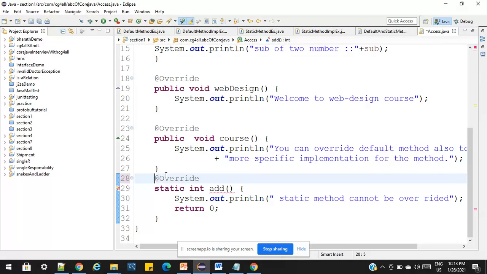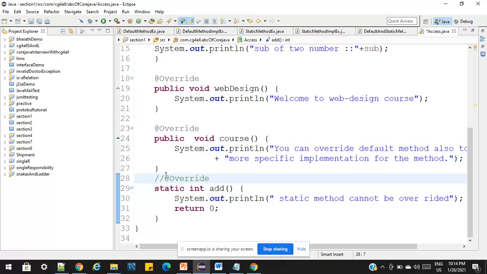We can define an add method, but it's not advisable to name two methods the same. Like in a home, if we have two people, it's not good to give the same name, right? Then ambiguity will happen. Same thing, it's not a good practice to give the add method the same name. So I am commenting it out now.